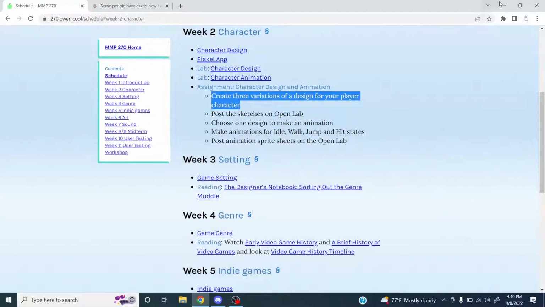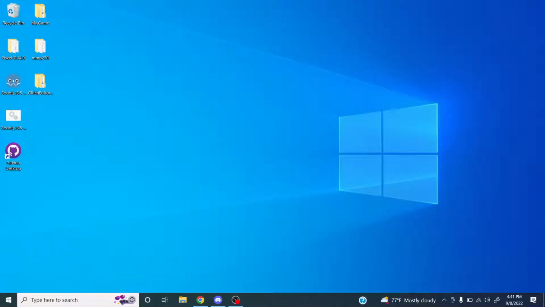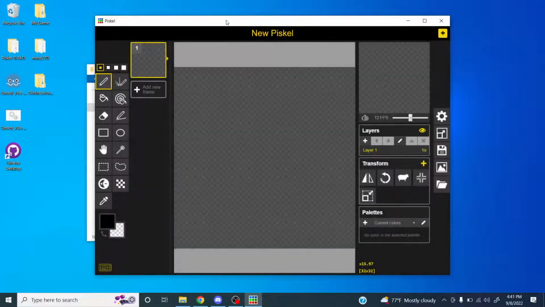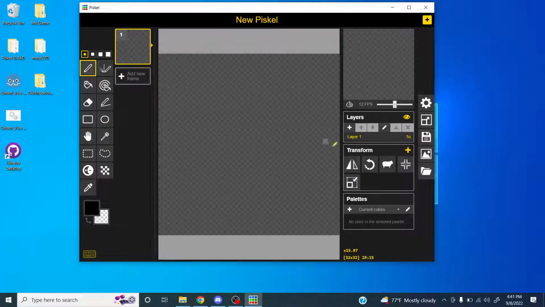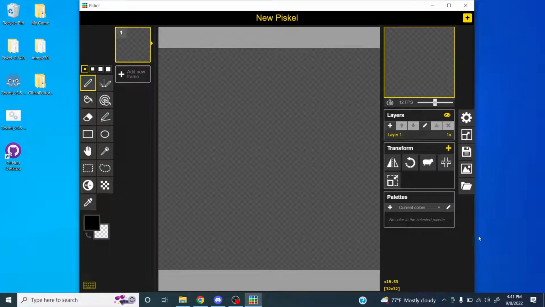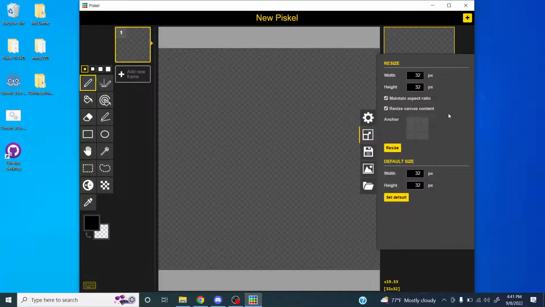Okay, I'm going to go to Pascal. So I have my Pascal folder here on my desktop. I'm just going to open it up, and I'll probably make it a little bit bigger. And for this one, since I'm not creating game art, I'm going to give myself a little more room on the canvas. So I'm going to go to resize first, and I'm going to do like 256 by 256